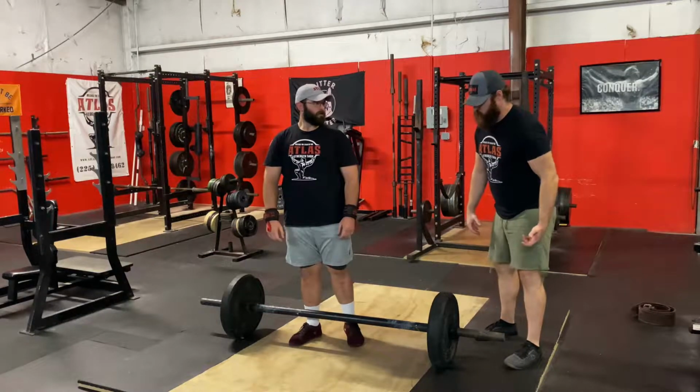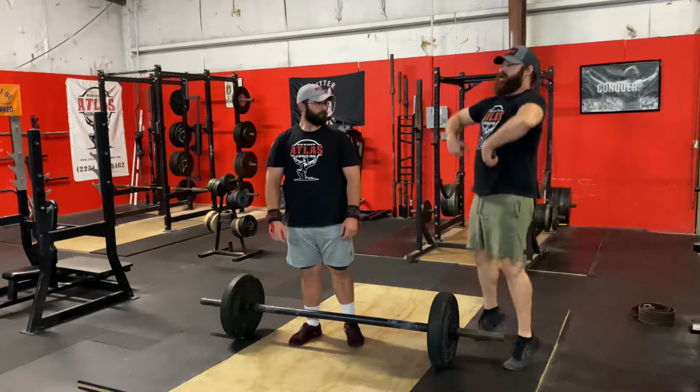Jump, flex your butt as hard as you can, get that weight into the barbell, and then drop under it